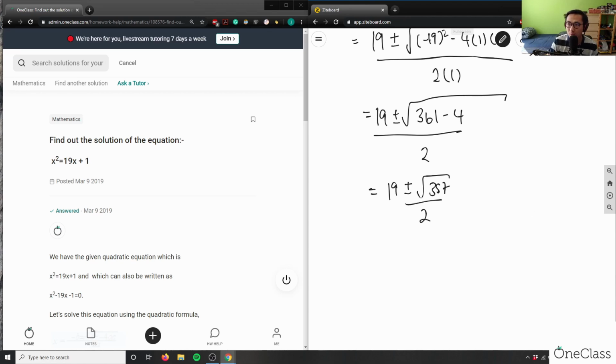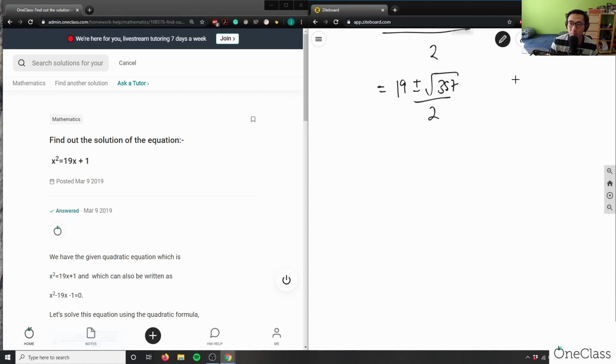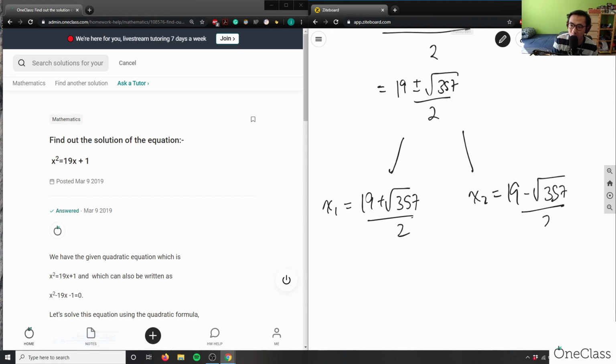And now what we can do is split up this x into two parts, right? We have x1 would equal 19 plus the square root of 357 over 2, and then x2 would equal 19 minus the square root of 357 over 2. So let me solve for x1 first. So this would be 19 plus the square root of 357 over 2,